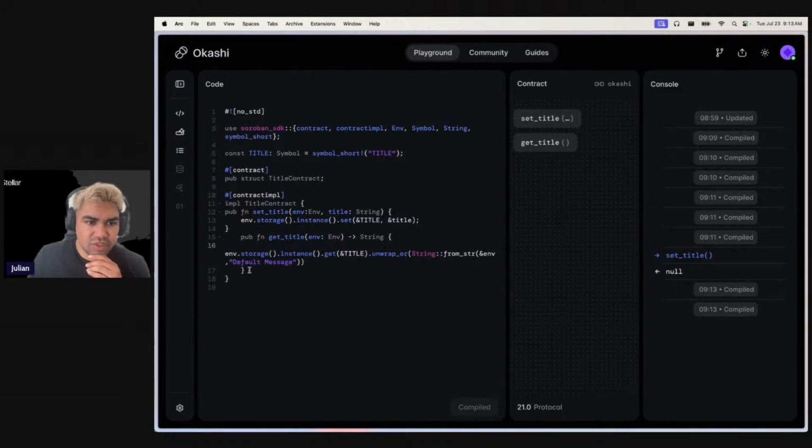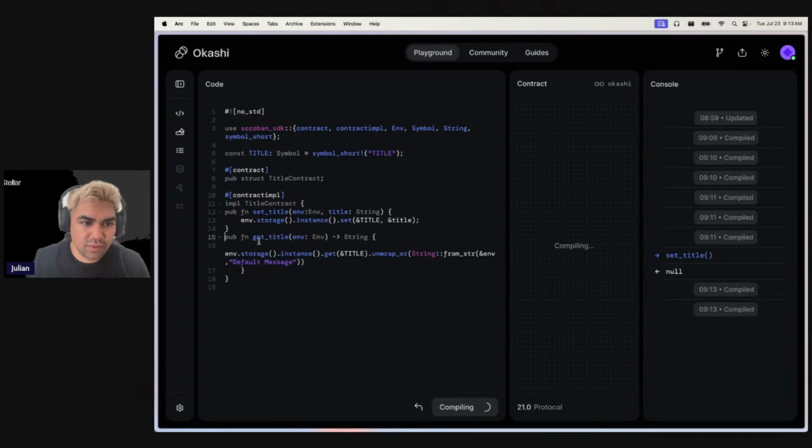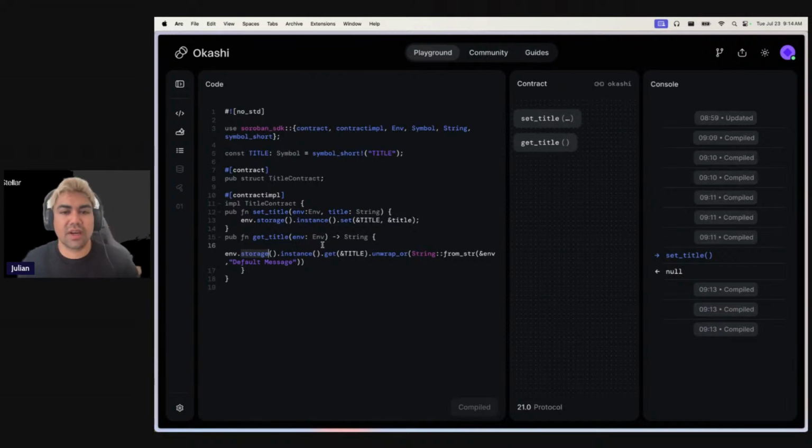All right, so what are we doing in this function? You see pub function get title. So we have one argument that we're taking in, that's of env, and then we're returning the data type string. So here you see env.storage. Again, this is how we access the contract storage. You see instance, which is the storage type, .get, which is the method to retrieve data, and you see the key title. So we're retrieving the value that lives at the key title,